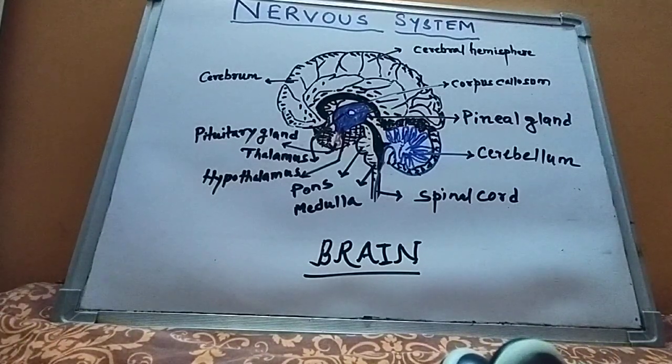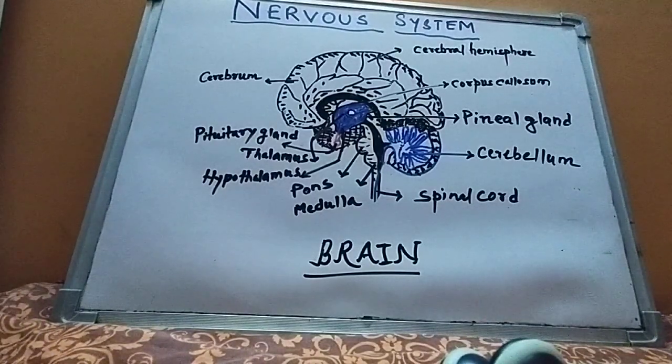So forebrain consists of cerebrum, thalamus and hypothalamus. Now, what is the role of thalamus? It relays pain and pressure impulses to the cerebrum, and hypothalamus function is to control the body temperature and even